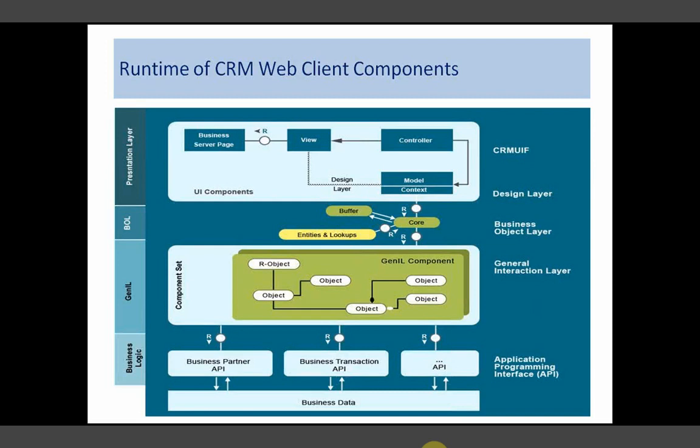Now, am I clear, or should I come with some other example? Actually, let me frame my question. In case of normal SAP GUI applications, are we going to create the object, or will we take care of instantiating the object, in short? That's why we will not be using BOL at that time.